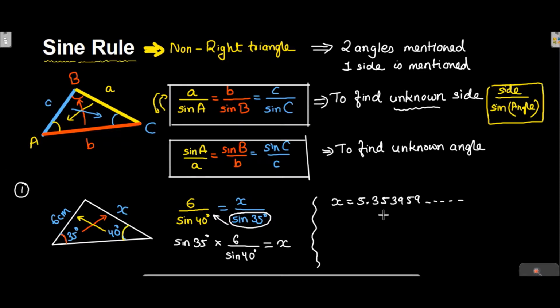decimal numbers. Up to 1 or 2 error will be there always, mostly. But this is like you are telling the examiner that this is the value I got in the calculator and I'm writing the final answer. According to this number, I'm going to write 3 significant figure. Okay, so then you can write final answer 3 significant figure, 5.35. It is a side, so we need to write the proper unit, that is 5.35 centimeter.